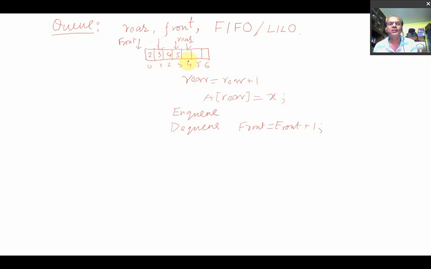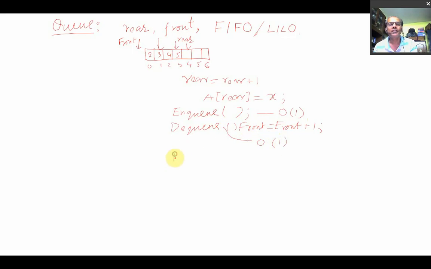So inserting means the operation is NQ, and deleting means the operation is DQ. These are the two functions. As you are inserting only one element, the time complexity is order of 1. And for the DQ operation, the time complexity is also order of 1.